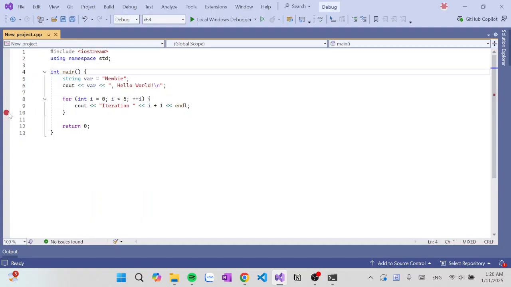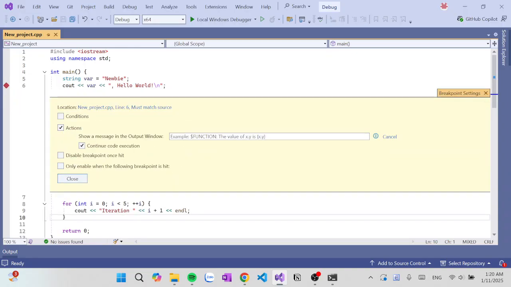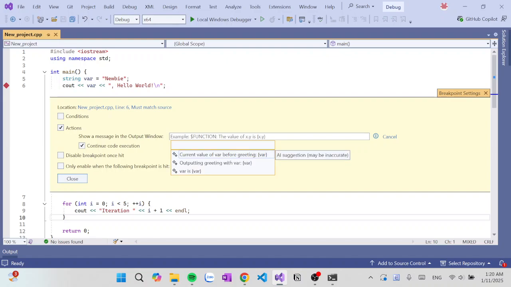So let's say I click here, I want to make it a trace point, and we want to print... you can see the suggestions from Copilot here.